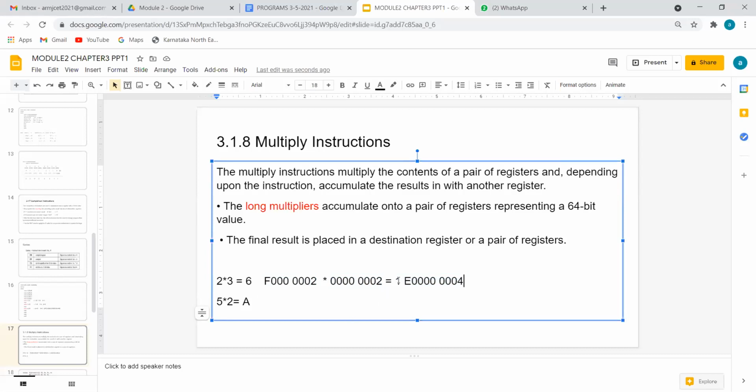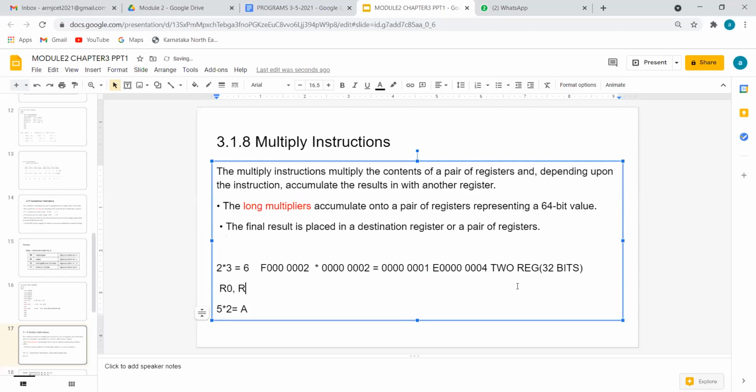In that case, what we have to do is expand the number into 64 bits. But the condition is that when we want to store a 64-bit number, we cannot store it in a single register. So the option we have is to make use of 2 registers, each with a capacity of 32 bits. What we are going to specifically use are R0 and R1 compulsorily. Hope it is clear now.